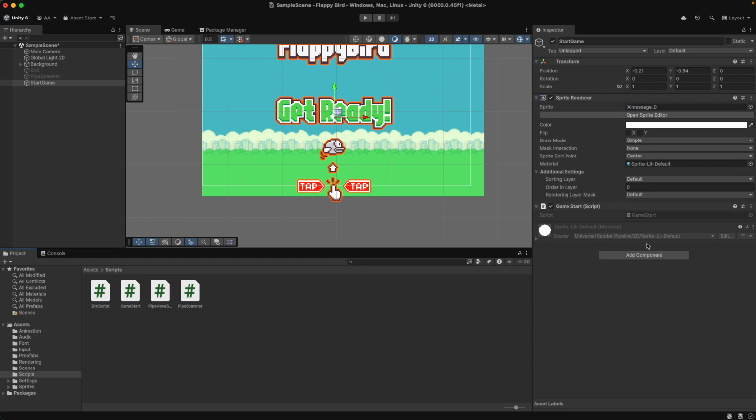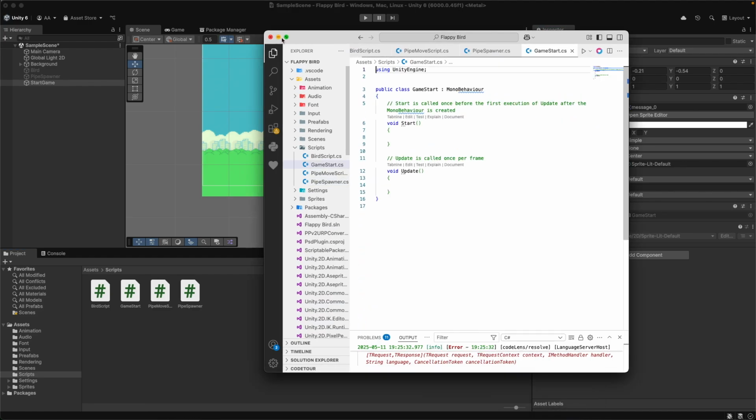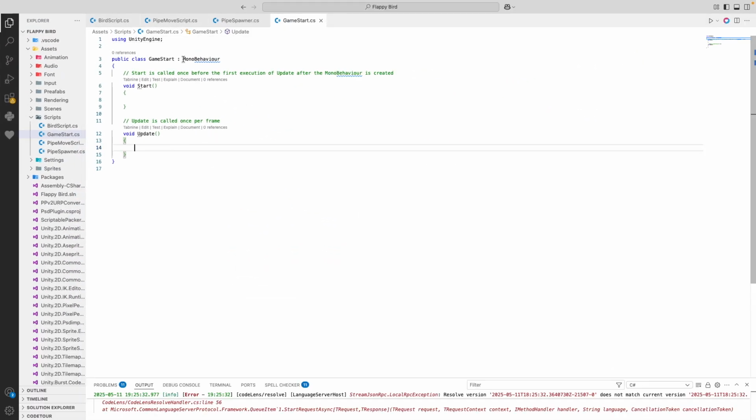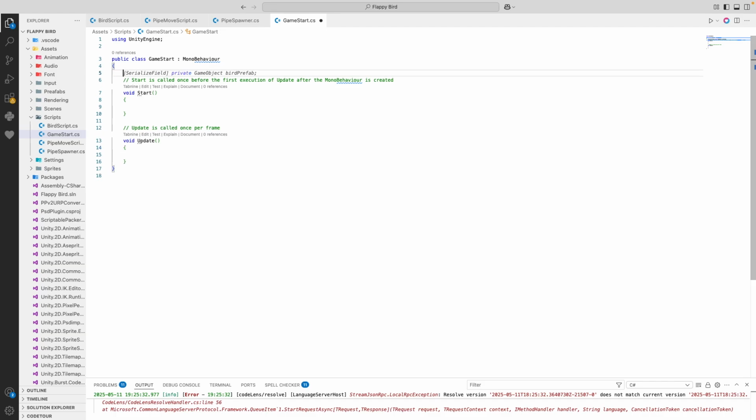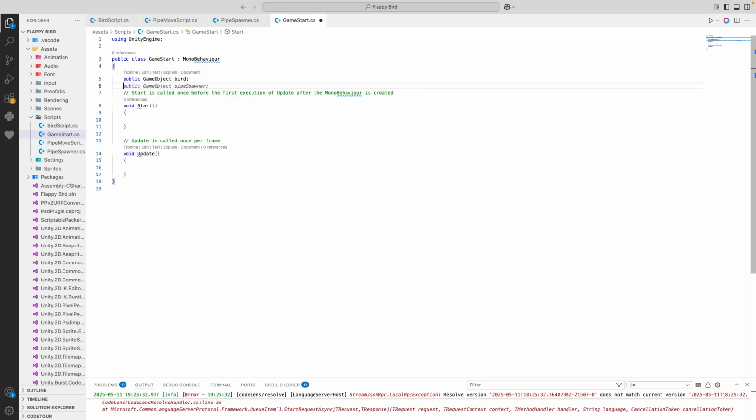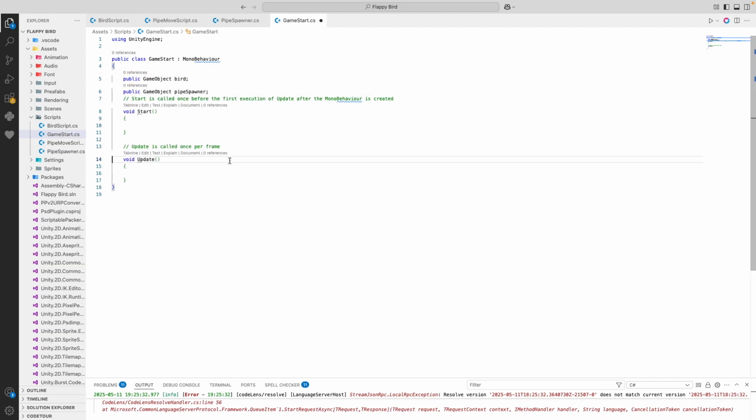So we can drag this on here, edit scripts like normal, and then in our VS Code, we can simply get to public game object bird, and then public game object spawner, and then in here,